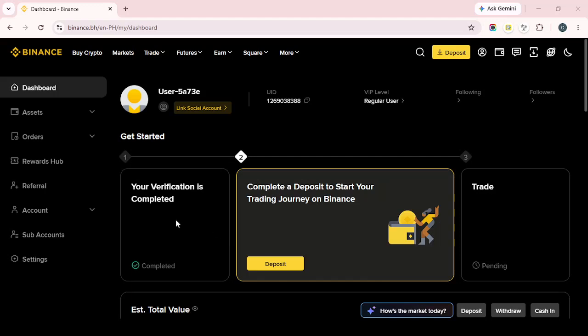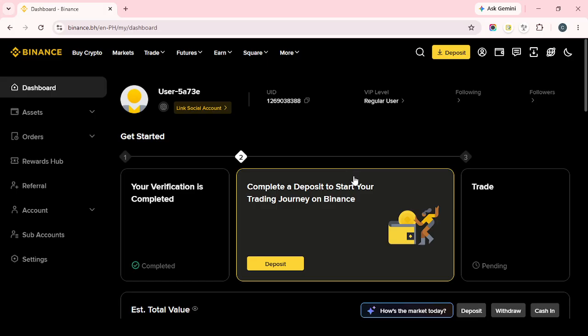In today's video, I'm going to teach you how to add the futures order history panel to your Binance trading layout. If you use Binance on the desktop terminal or through the advanced web interface, customizing your workspace can make trading much more efficient. One of the most useful tools to keep visible is your futures order history, because it lets you quickly review your recent activity without having to switch between sections. In this walkthrough, I'll show you exactly how to bring that panel into your main layout and keep it there